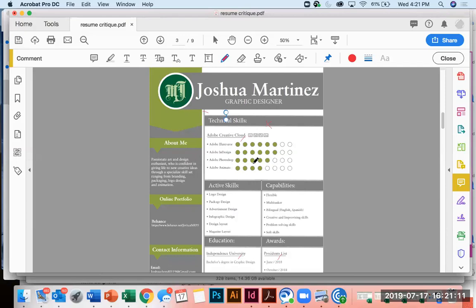And so I would actually recommend not using these skill sliders or scales, especially right out of school, and then just list the Adobe suites that you have been trained in as your technical skills. And then, you know, you can list design skills. A list like this I think is good to have, those kind of specific skills that you can put in here from your different courses. So other than that, I think the content is good here. A little about me section is better than having that